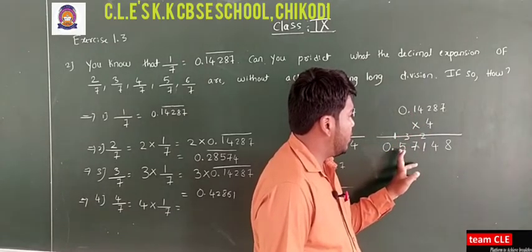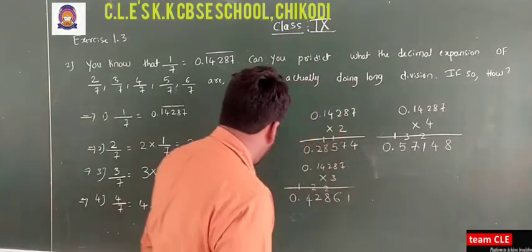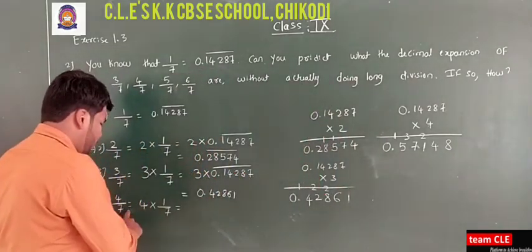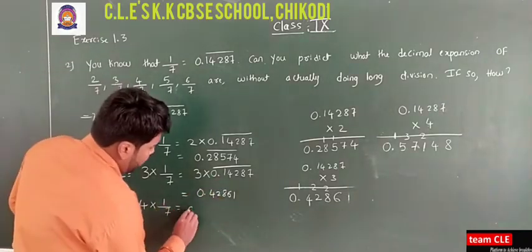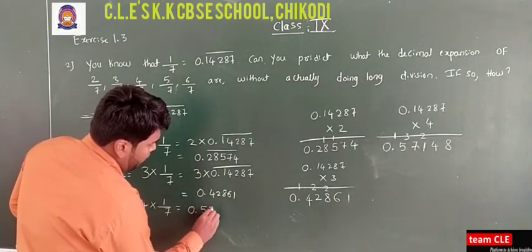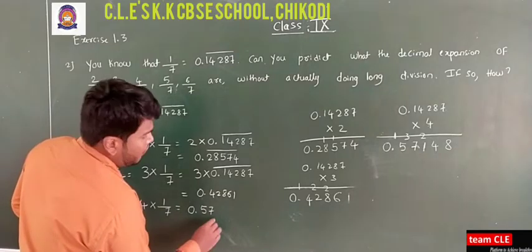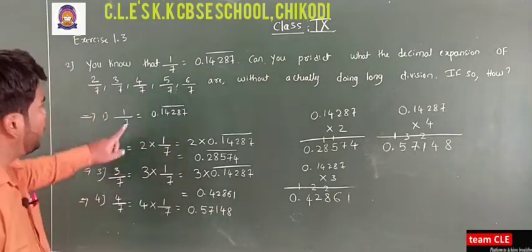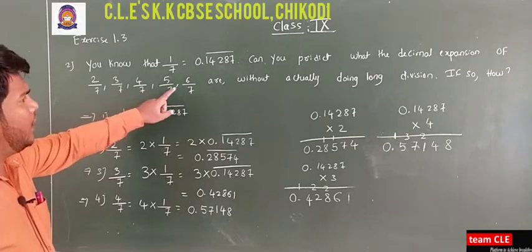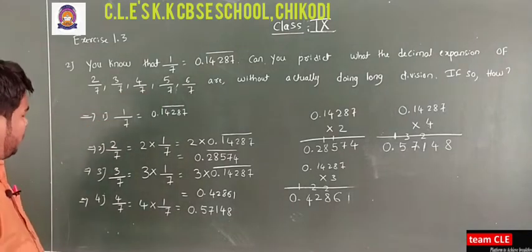So 0.57148. So you can write the value of 4 by 7, which is equal to 4 into 1 by 7, which is equal to 0.57148. Okay, so just to solve for 5 by 7 and 6 by 7, write down the notes of